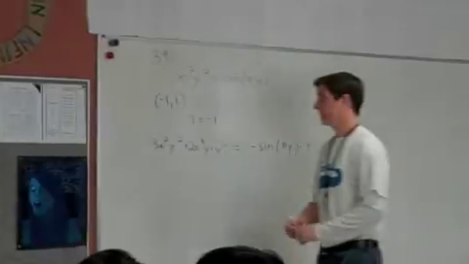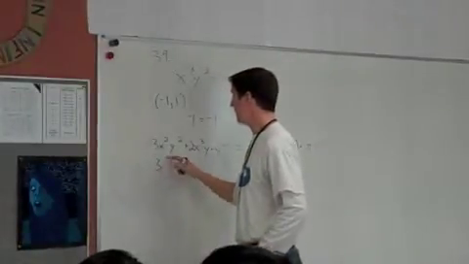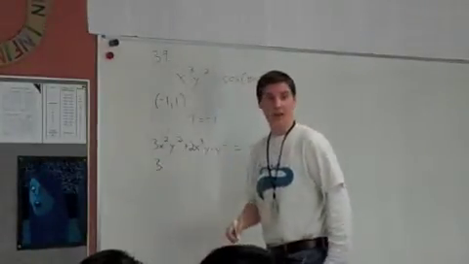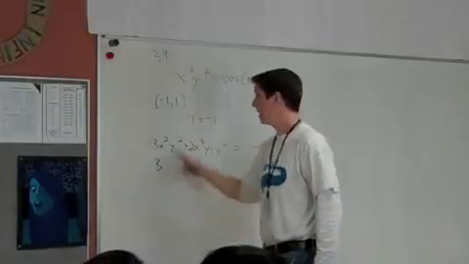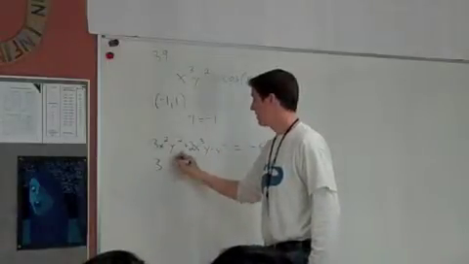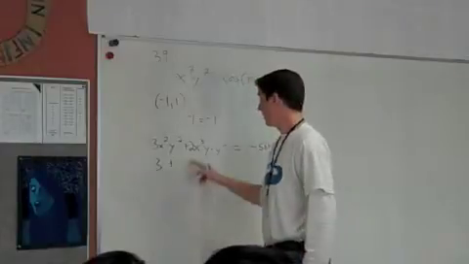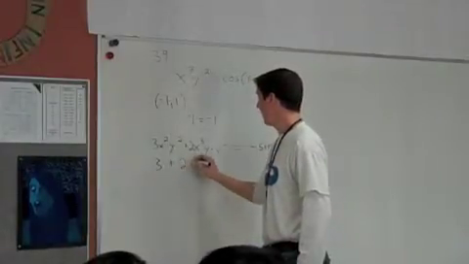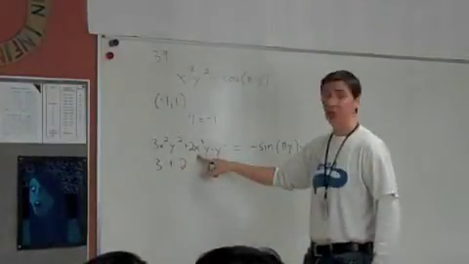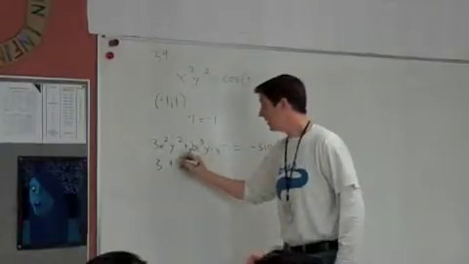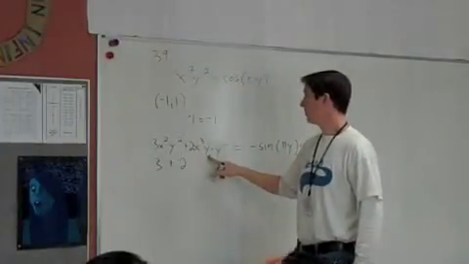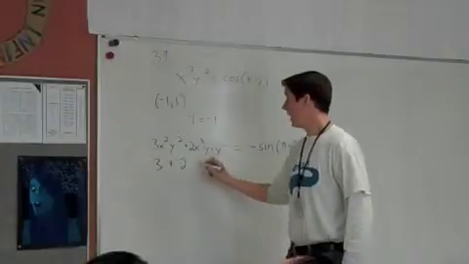Let's do it. This would be 3 times negative 1 squared is what? 1 times 1 squared, so that's just a 3. 2 times negative 1 cubed is what? Negative 1 times 1 times y prime